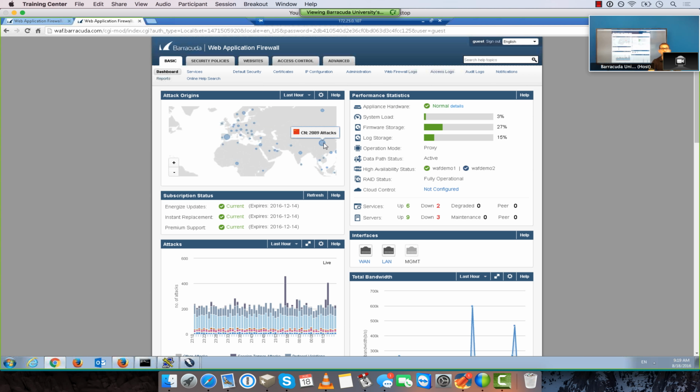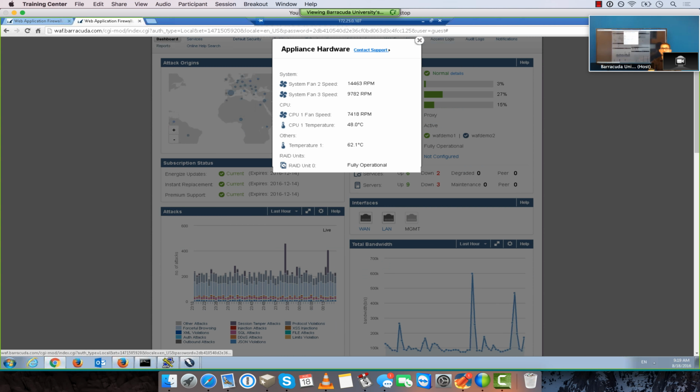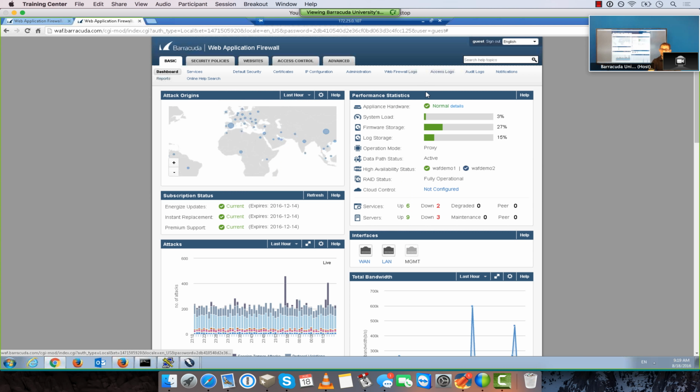We got 2,000 attacks from China, and so on. So basically, this is like an overview of the world with the origin of the attack. This is a hardware appliance, so you have information about the appliance hardware. If you click detail, you can actually see if the system, for example, temperature and fan are okay. If this would have been a virtual appliance or a cloud instance, this appliance hardware here would not be shown